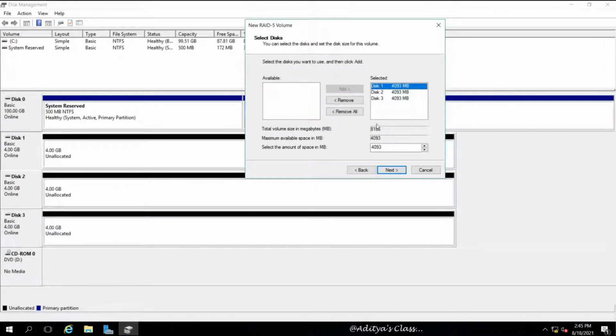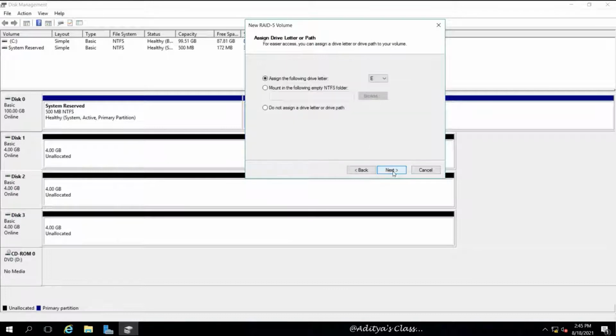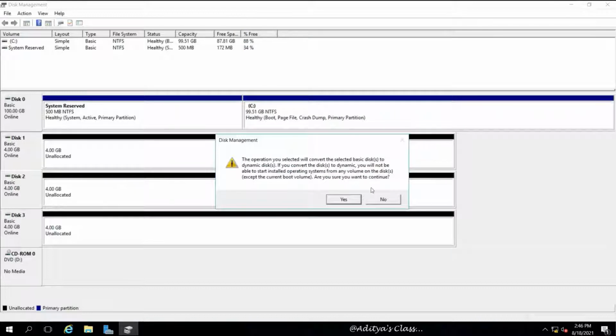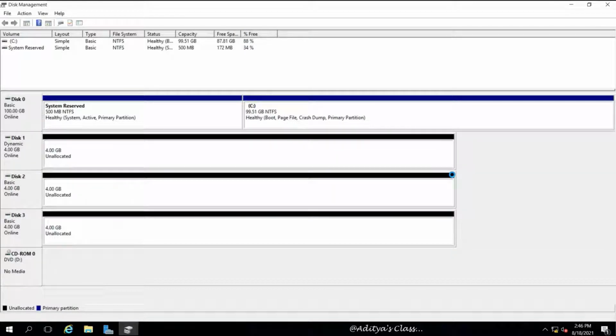You can notice that we are going to have 8 GB of RAID 5 volume. Let's perform quick format. In a minute, you will be able to see the RAID 5 volume is ready to use.